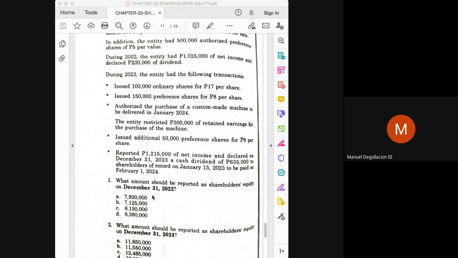Okay. Again, under accrual, your liability for the dividends arises the moment they are declared. So you will have to recognize the dividends the moment they are declared. It does not matter that they are to be paid in 2024, since they are declared in 2023, then they will have to be recorded in 2023. It would have been different, class, if the date of declaration was in 2024. We would not have deducted the 635 for our 2023 balance